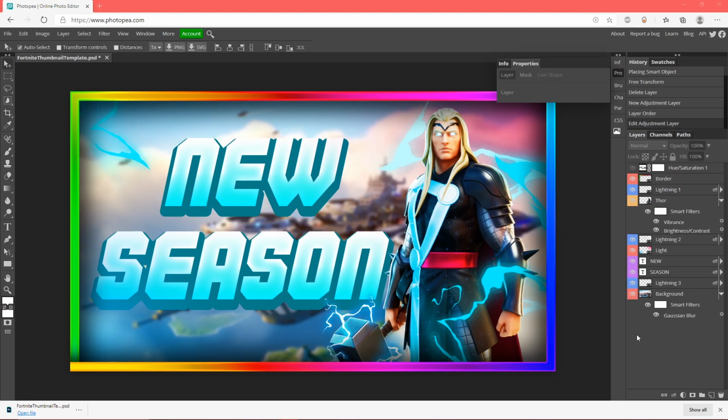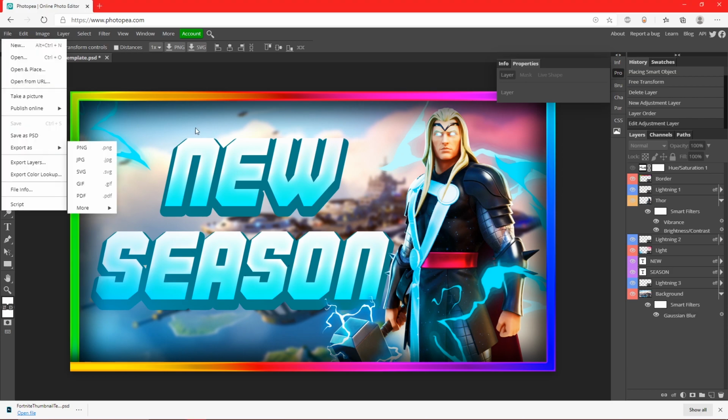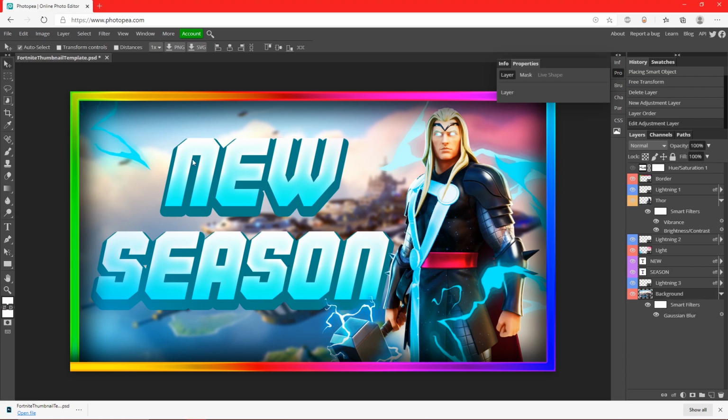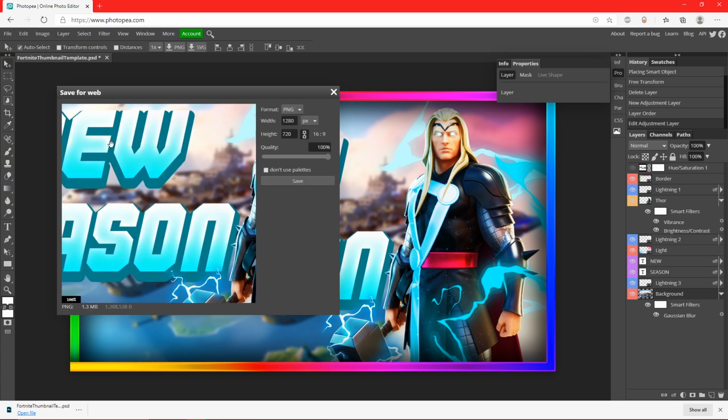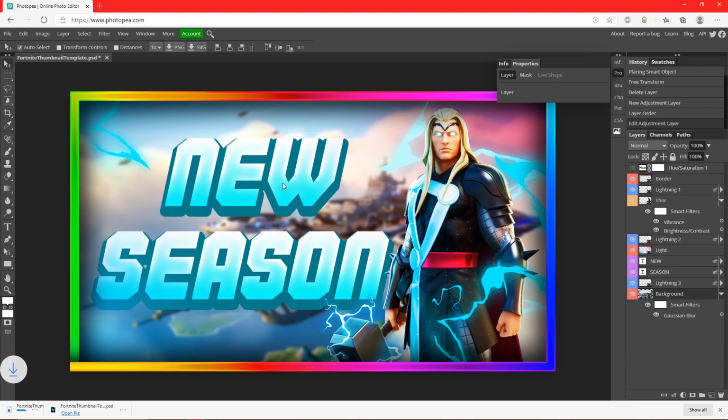So now once you're at this point, and once you're done editing your picture and you have done everything, you could just go up to File, Export as PNG. Make sure the quality is at 100%, and you want the size to be 1280 by 720, which it should be, and just hit save. So now it's down here somewhere in your downloads folder,